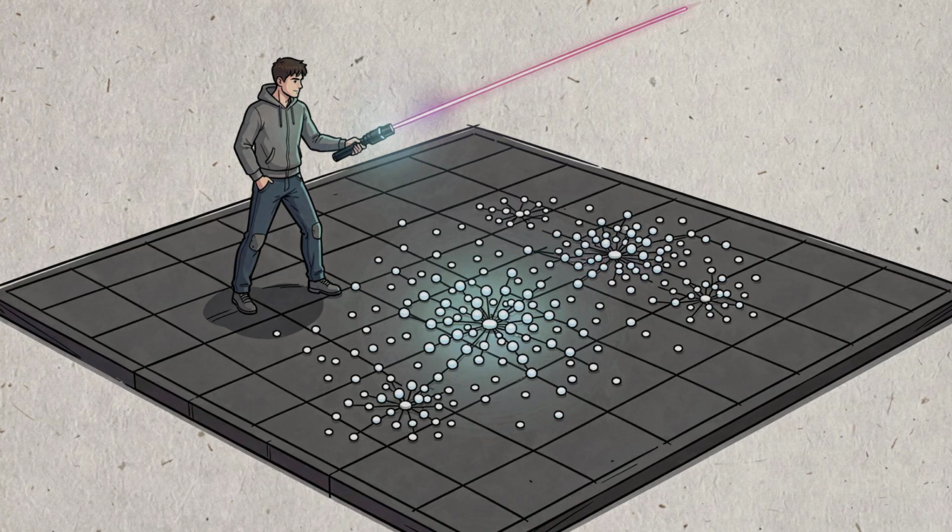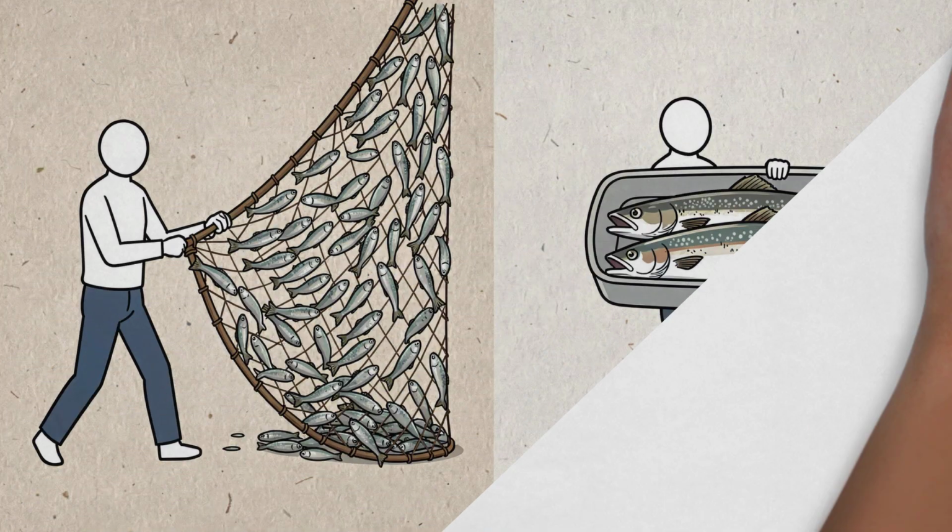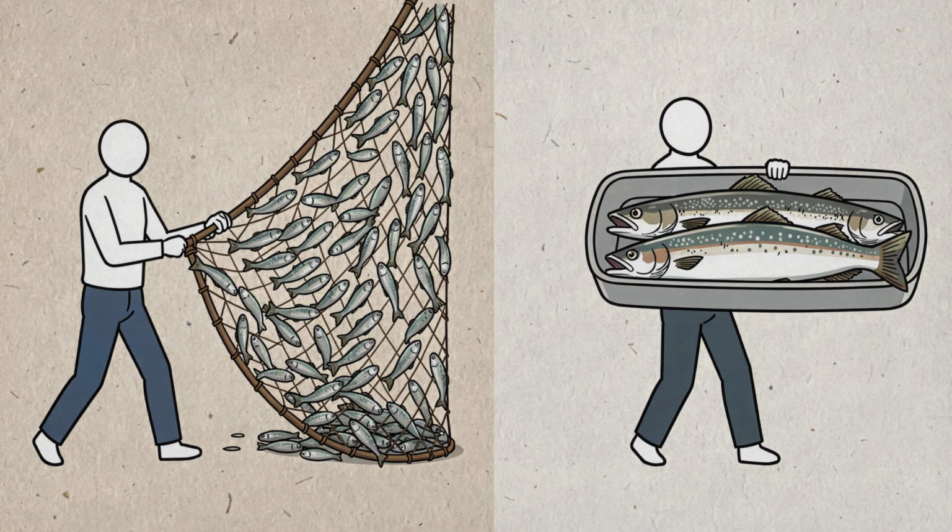iShares uses a highly optimized sampling technique. Because global indexes are market cap weighted, the largest companies carry almost all the weight. The bottom 1,500 tiny mid-cap companies have such a minuscule impact on the index's movement that iShares mathematically filters them out to save on transaction costs, liquidity issues, and trading fees. So, while Vanguard gives you a purer, wider net with over 3,700 companies, iShares gives you a leaner, highly optimized basket of around 1,700 companies.